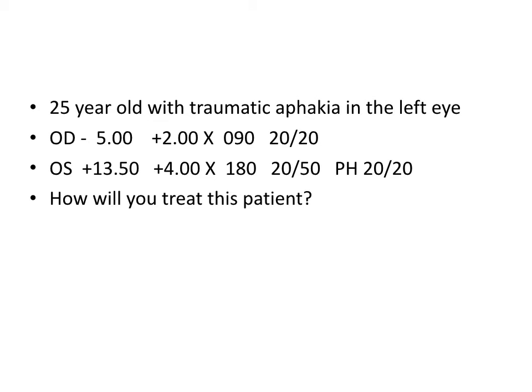In the right eye, you would need to do keratometry to determine whether the astigmatism in that eye was corneal or lenticular. If it's corneal, then that eye could be treated with a rigid gas permeable lens, just like the left eye, which would make care of the lenses very simple for the patient. If it was a lenticular astigmatism, then the patient would probably be best served with a toric soft contact lens